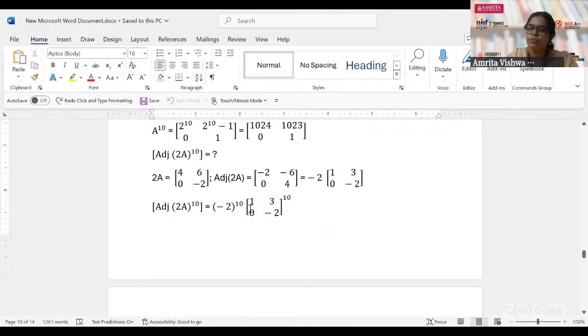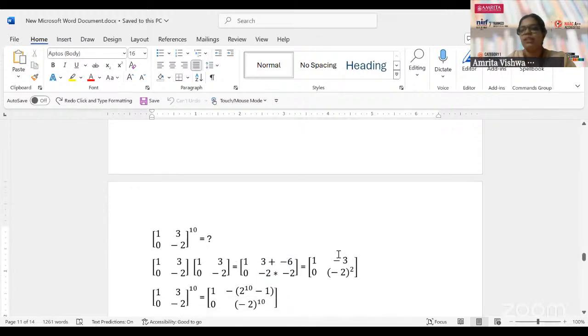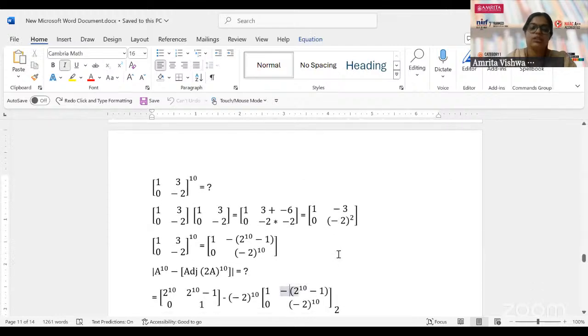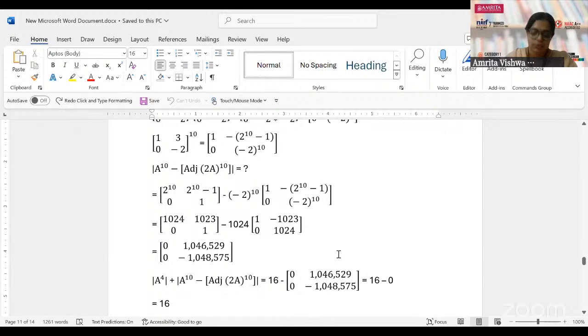So this is going to be this matrix completely raised to 10. You can just simply find the square. You'll get a basic idea how you have to map it in the same way that we have done previously for A raised to 10. So once you have these equations, you can just solve it, and this is how you work out on it. Okay, completely fine. You got the answer.